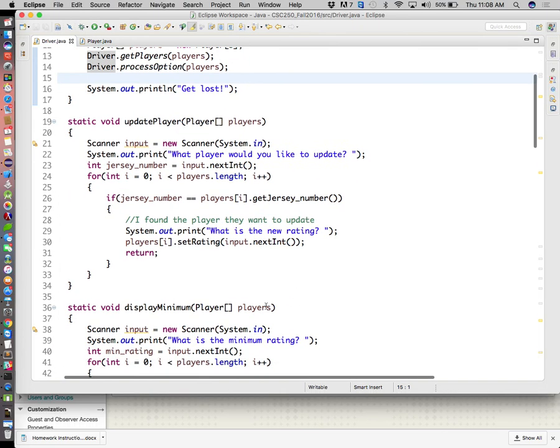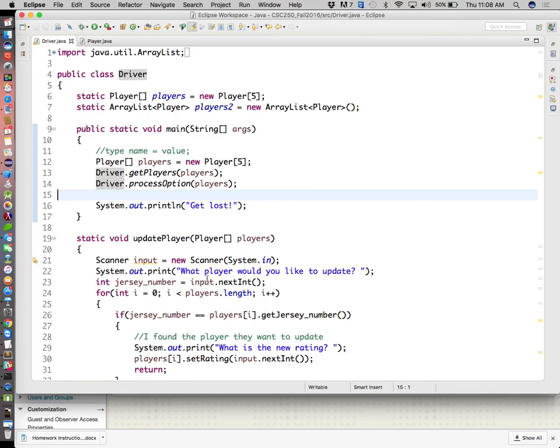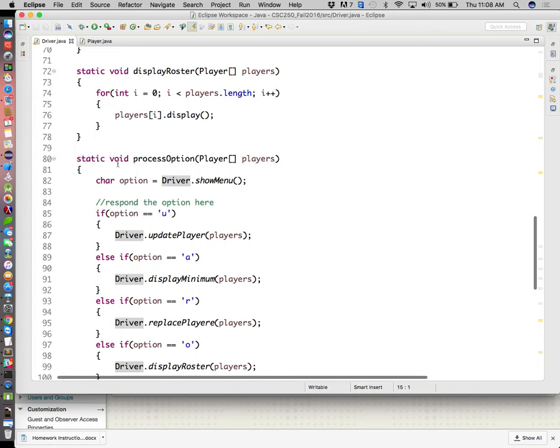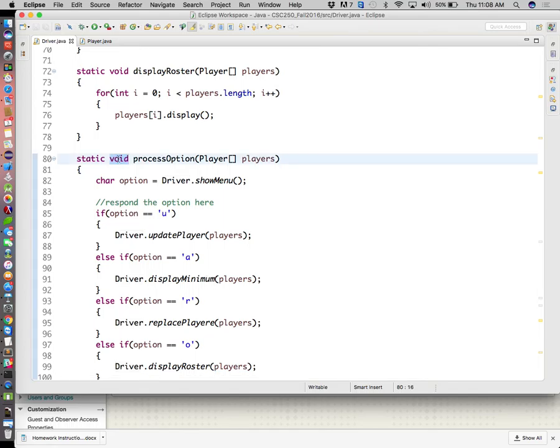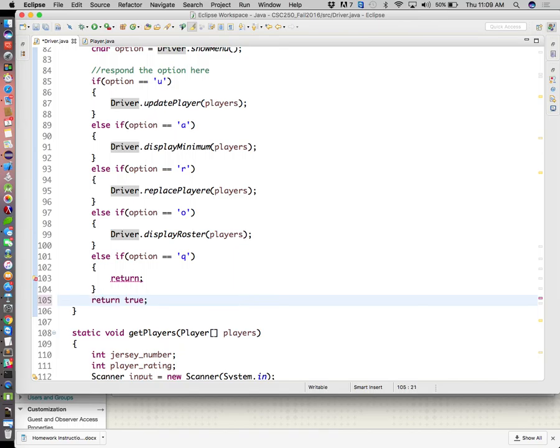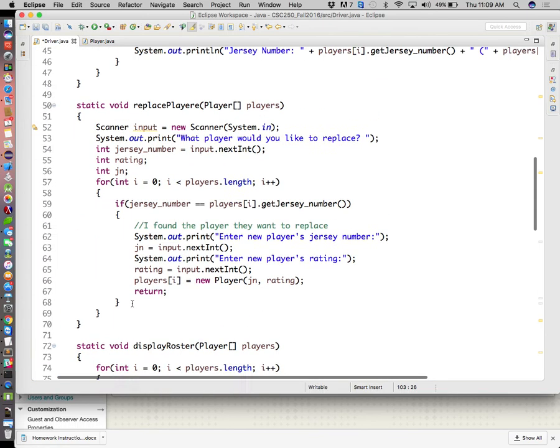Now, the other thing we could do here, well, actually, let's do this. Why don't we make process options return a Boolean? We'll have it return false as soon as we want to be done. We'll have it return true the rest of the time, which means do this again. Now up top, where we call process option the very first time,